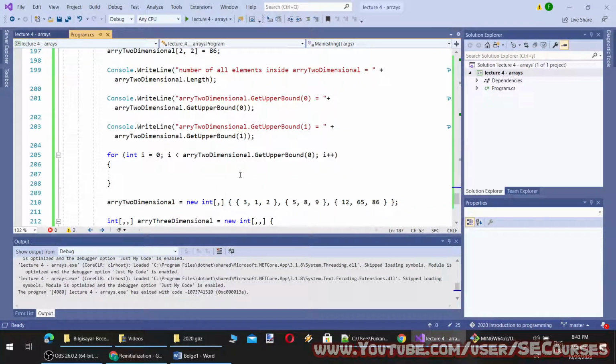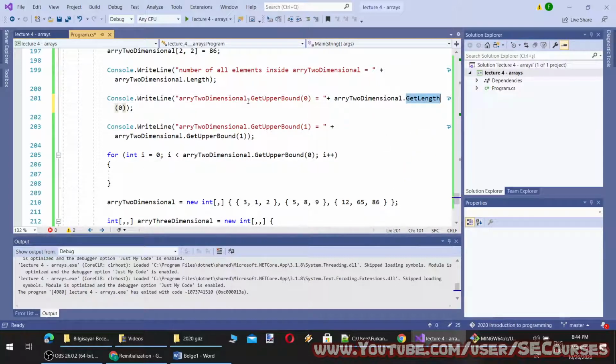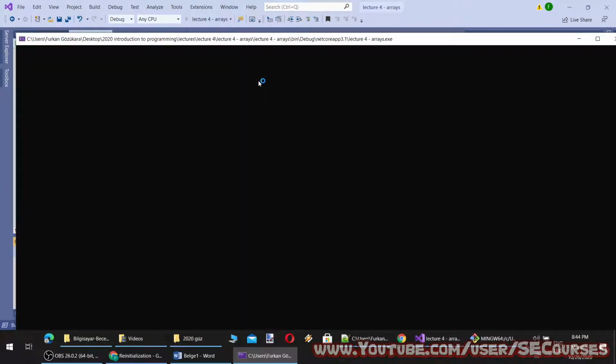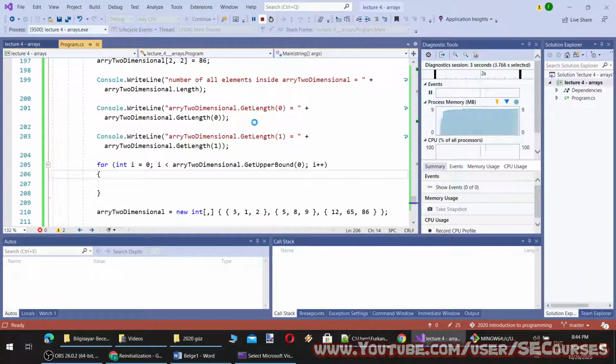Yes, since it is printing the index, we have to add 1 to get the element count. Okay, number of elements. This is a better way. So this is what we want. Now when I run it, it will print me 4 and 5 respectively. Okay, 4 and 5 elements they contain.